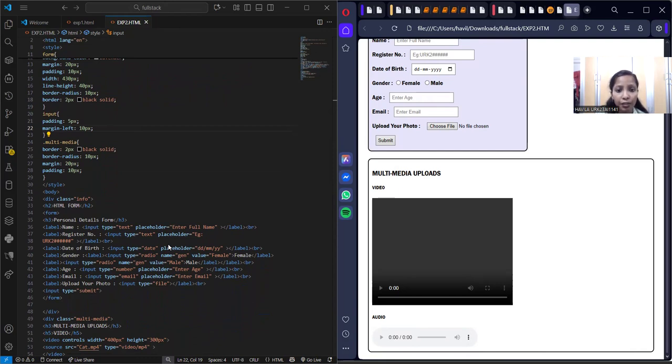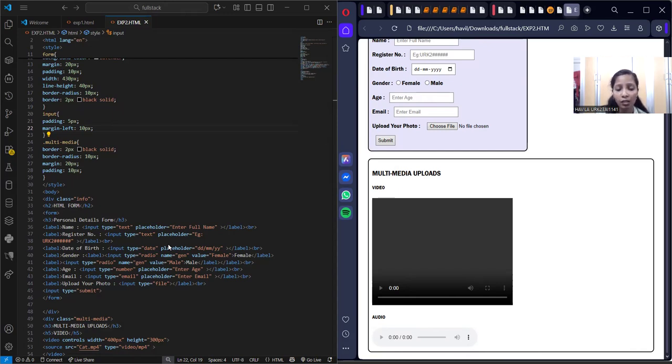And for security and server-side notes, client validation has type email and required. It is helpful but not a substitute for server-side validation, and you should also validate file uploads on the server side. And for styling suggestions, instead of width 430px, consider max-width of 430px and width 100% to allow the form to shrink on small screens. We can use the CSS gap with flex or grid for better spacing rather than many